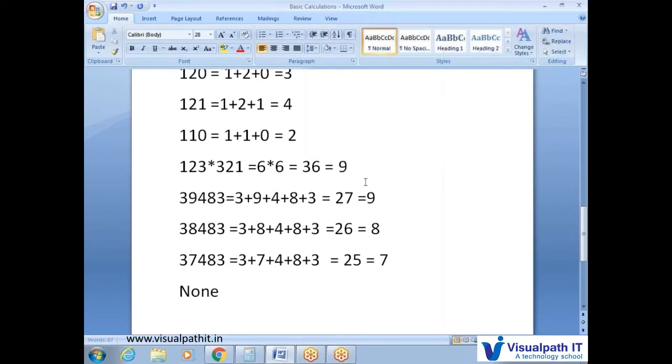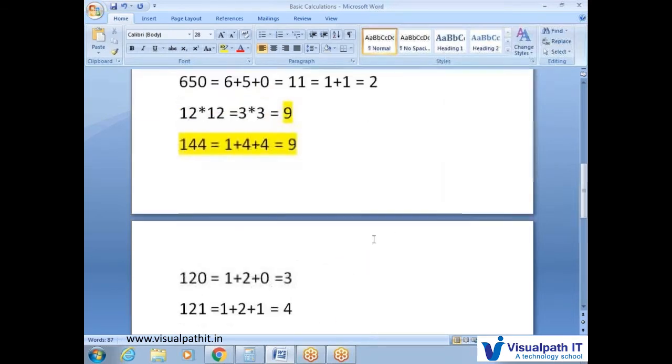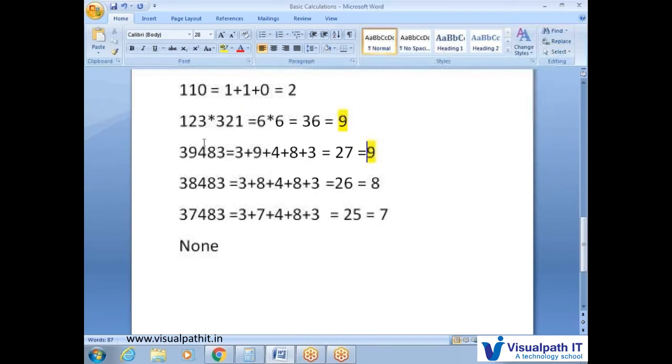So what is the answer? LHS is equal to RHS. LHS is 9, and option A is satisfied. So this is the 3-digit number process. Before that we solved 2-digit numbers, and after that 3-digit numbers. Clear, all of you? LHS means the question. RHS means the given options. So after converting into a single digit, LHS is equal to RHS. That is the answer. Option A is satisfied, so 39483 is the original answer.